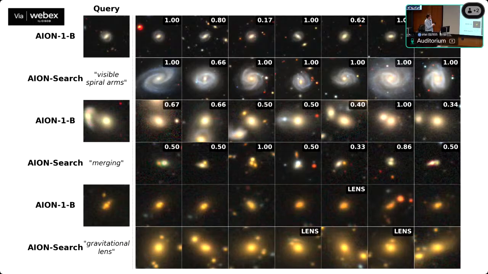And what you'll see is that the image query here has spiral arms, but it retrieves images that are most similar to the query, which is obvious, but they don't necessarily actually have spiral arms. It could be like a ring, so the Galaxy Zoo volunteers didn't say it had spiral arms. Whereas when you search with text, you can be direct that you want exactly this phenomenon. You don't want just a similar image. You want all galaxies that have this phenomenon that you're searching for. And so there's an advantage there.